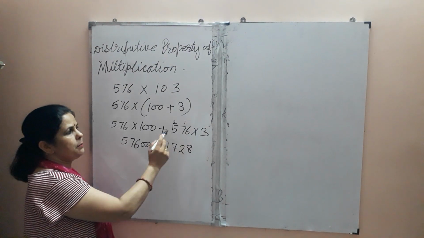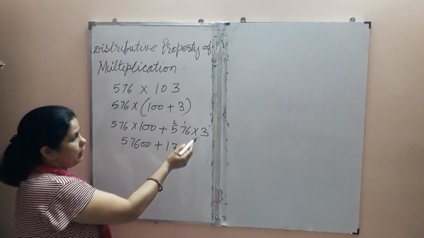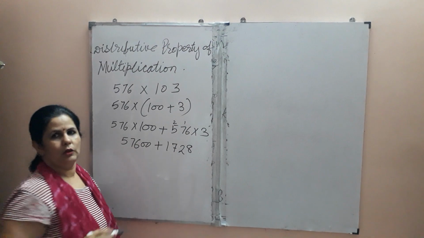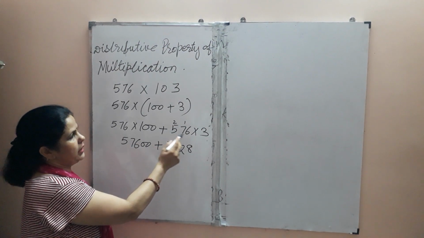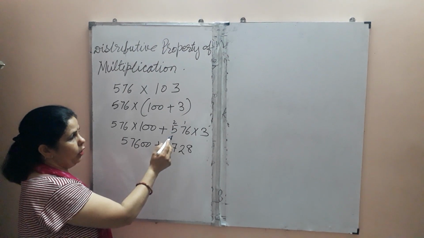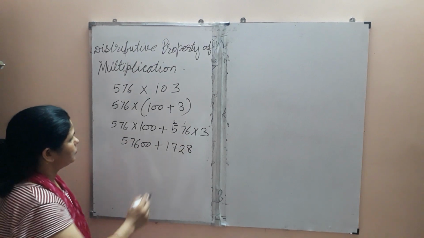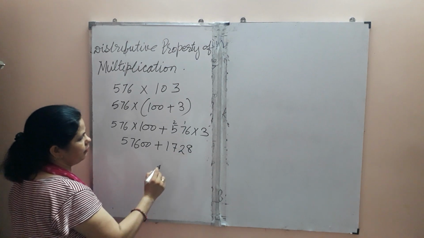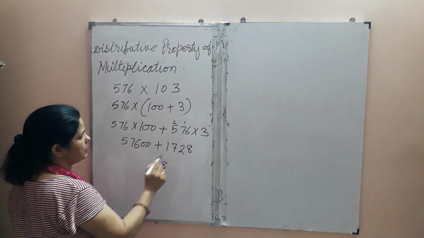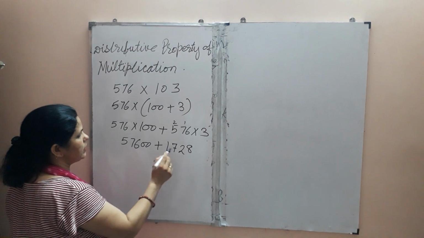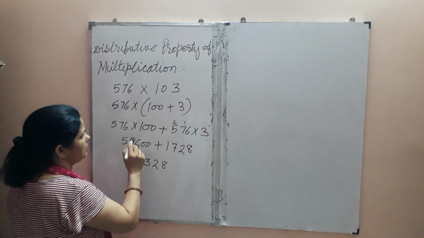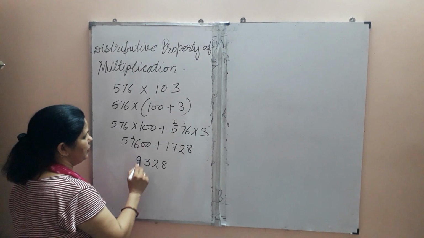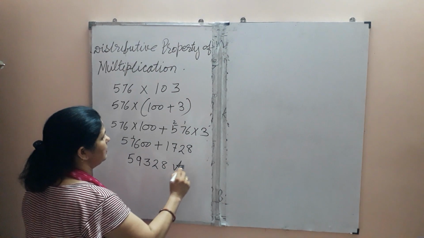Students, try to multiply like this, and after multiplying like this, check it again also. Even I check after multiplying. I always check the answer. Now we will add also with the same method. Ones to ones we will add, 0 plus 8, 0 plus 2, tens to tens, hundreds to hundreds, 6 plus 7, 13, carry 1, thousands, 7 plus 1, 8 plus 1, 9 and 5. And this is the answer.